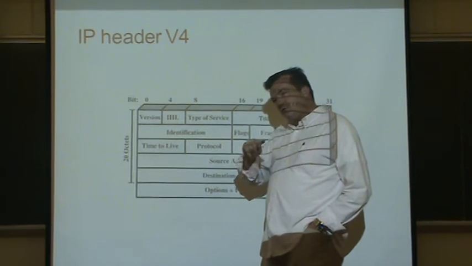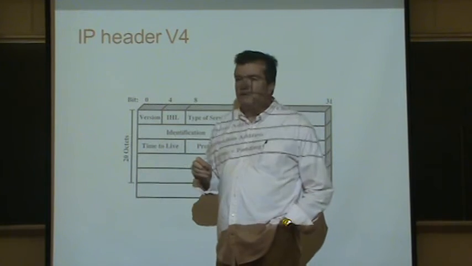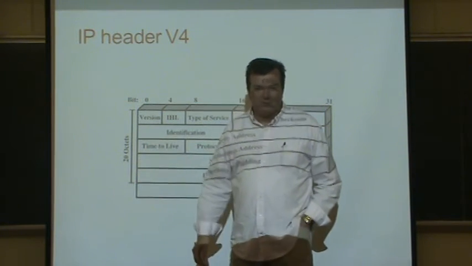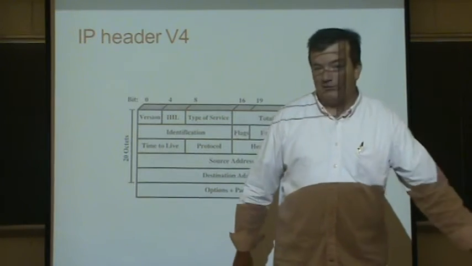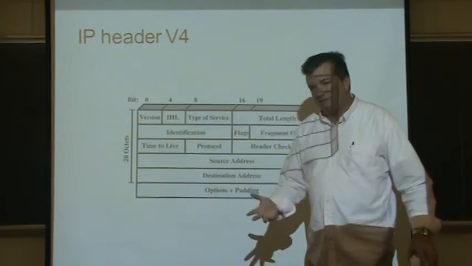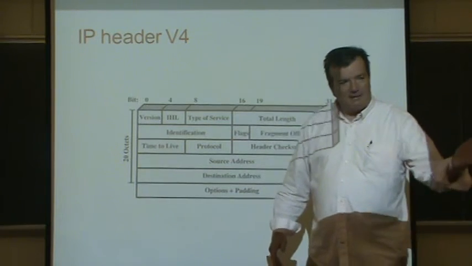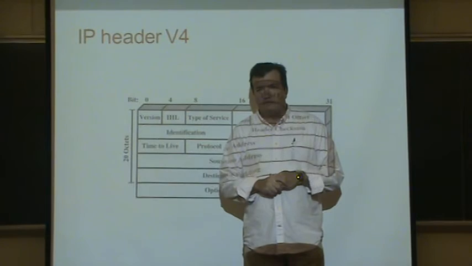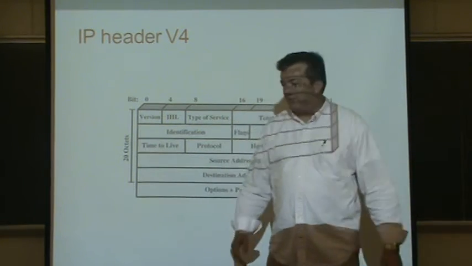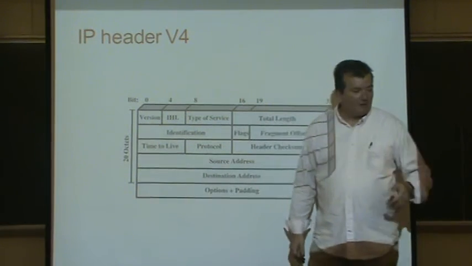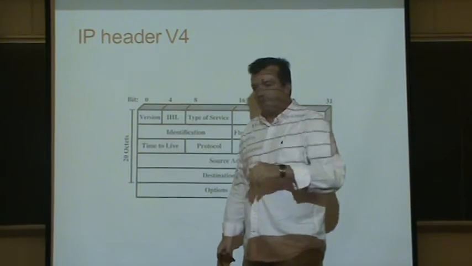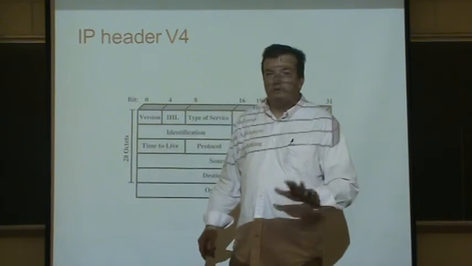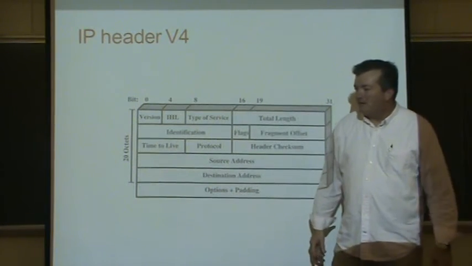That gives us 2 to the 32, a little over 4 billion machines that can be connected to the Internet. Back in the 1980s that was a lot, but today it's not, because there are like 8 or 10 billion people in the world, so each person can have only half a connection to the Internet. And right now everyone has tons of connections. You probably have a few in front of you right now: your cell phone, your laptop, probably using up 3 IP addresses.